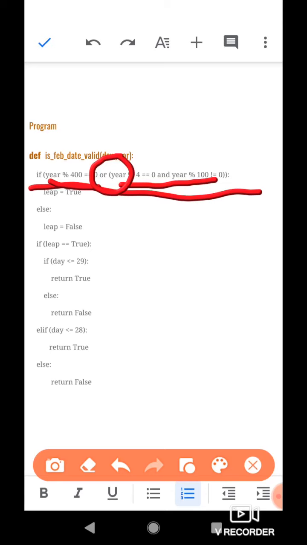Now we know that the OR logical operator evaluates true when one of the two sub conditions happens to be true. Otherwise, if both the sub conditions happen to be false, then OR also evaluates false.